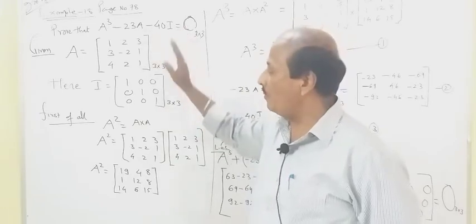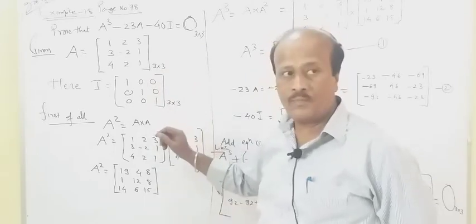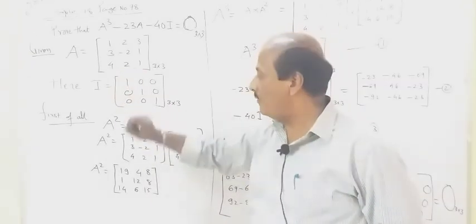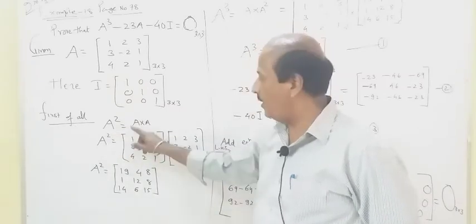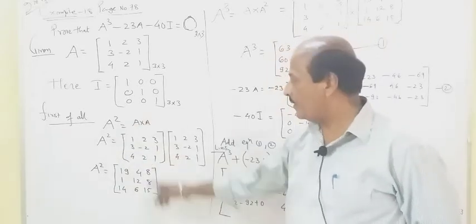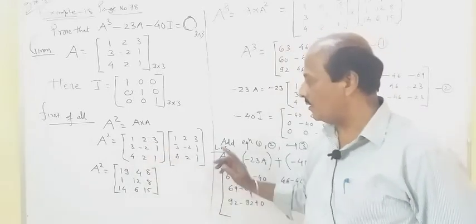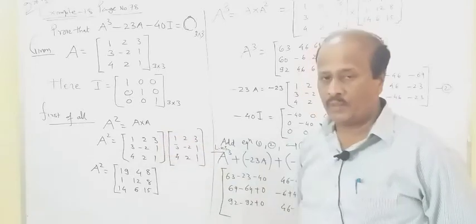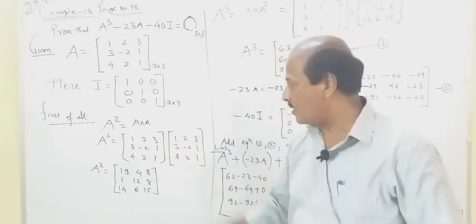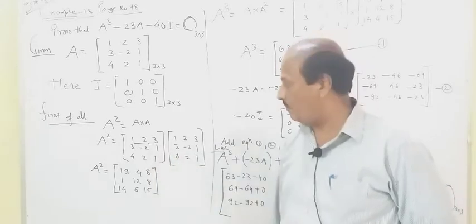So come on, first of all we'll start from the left hand side, and to start from the left hand side, first of all we'll collect the data. A is given, so let us find A square, meaning A multiplied by A. As I told you earlier, write A 2 times, their order is favorable, 3 cross 3 and 3 cross 3. Already I taught you how to multiply two matrices. Row of the first multiplies with column. I am explaining it to you, you can check that multiplication also.